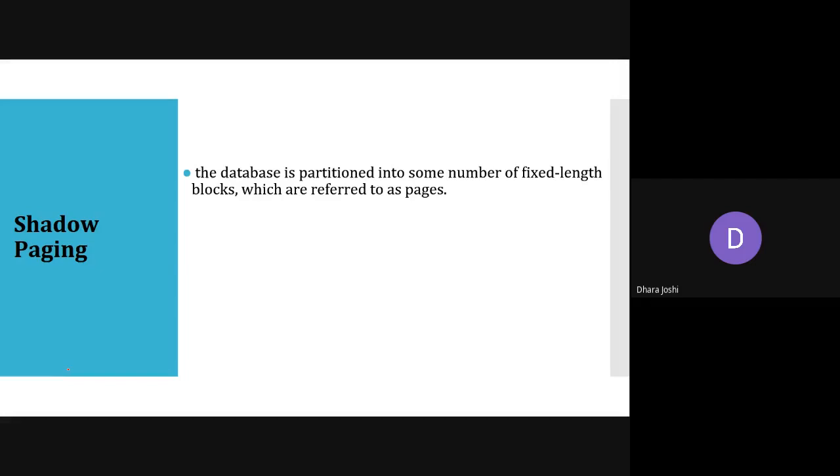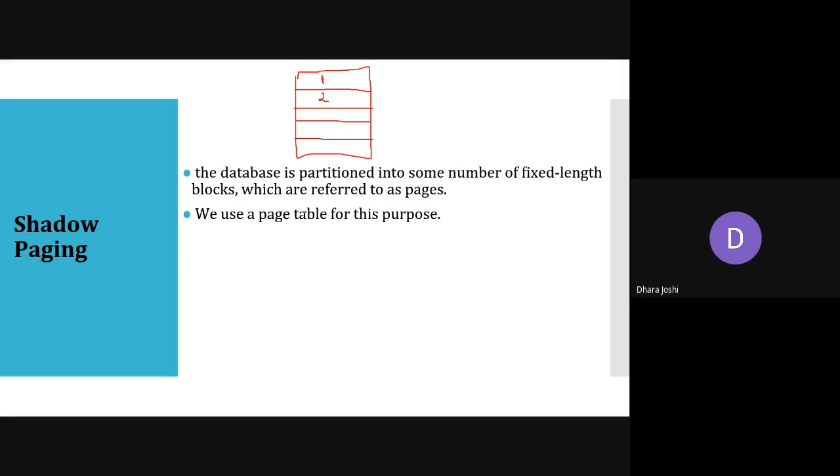Okay, so the database is partitioned into a number of fixed length blocks, and we are calling them pages. So suppose this is our database, and it will be having some prefixed size. This is a fixed length, like this can store up to, suppose, 4096 bits, and we are calling it page 1. Then this is page 2, page 3, likewise. All of them are having a similar kind of data storage memory. So the entire database is partitioned into some number of fixed length blocks. We are calling this block a page. This is page 1, page 2, likewise.